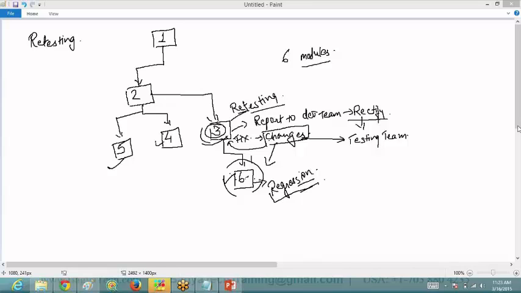Okay then. So, this is all about the things that were covered previously. And apart from that, for the people who are already in the batch, they have done the test case